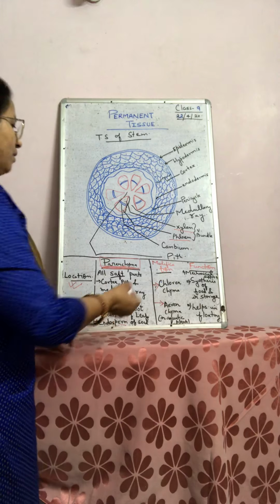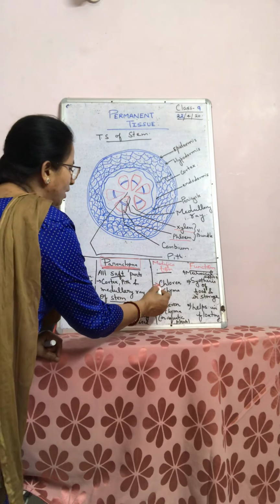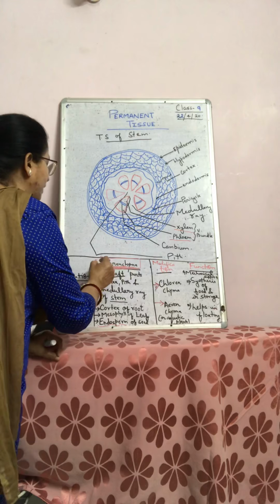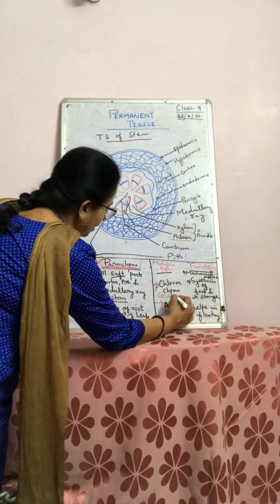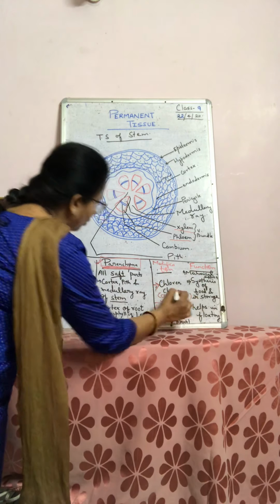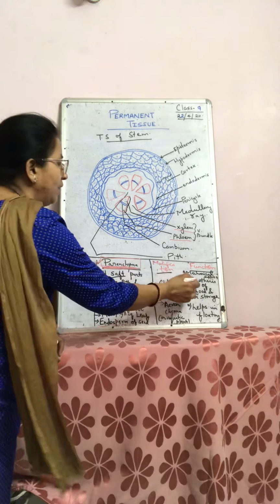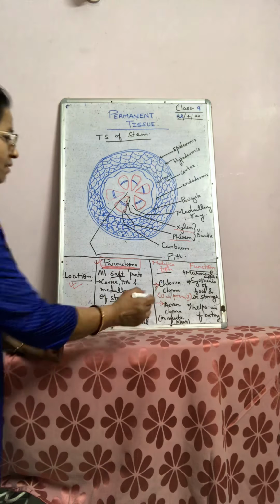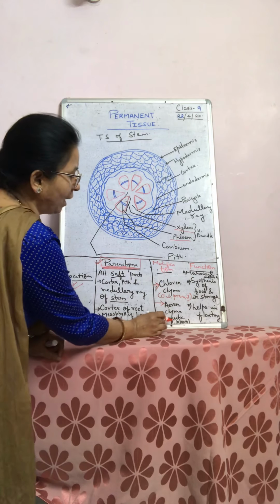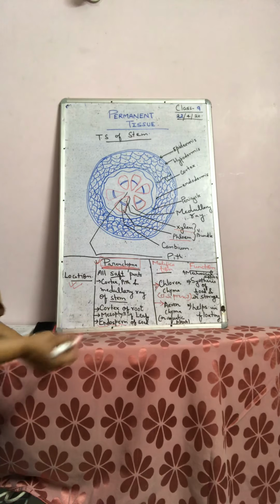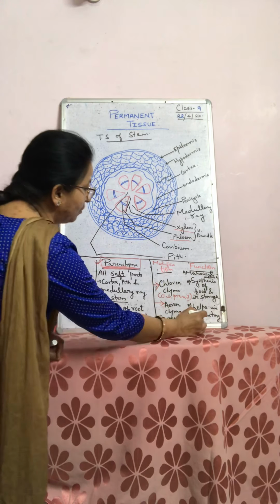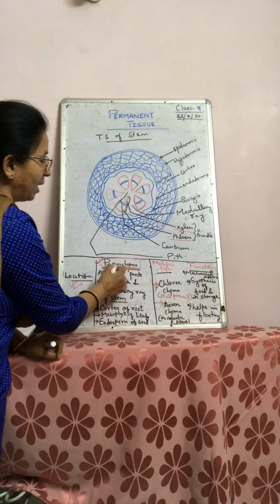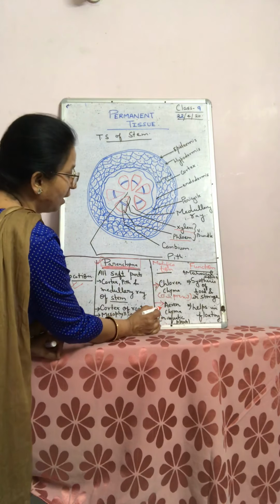Now, in some plants these parenchymatous tissues are modified for performing various types of functions. If chlorophyll is present in the parenchymatous tissue, it is called chlorenchyma, and its main role is synthesis of food and its storage. In some plants, like aquatic plants, it has air bubbles and helps in floating. Such parenchyma in aquatic plants is called aerenchyma.